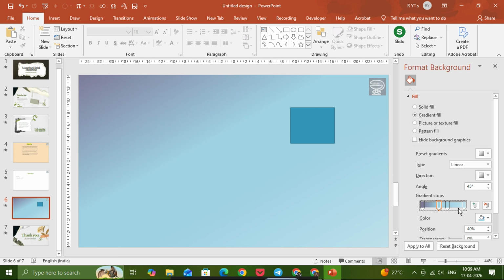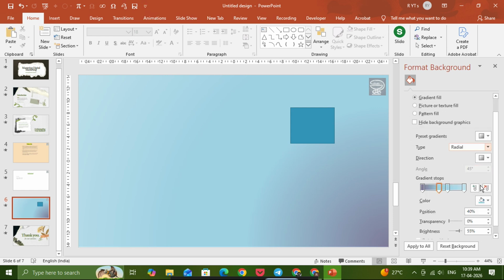You can also choose the direction of the gradient. For example, a linear gradient creates a smooth transition in one direction, while a radial gradient makes the color spread out from the center. This is where you can really experiment and see what fits your design best. You can keep it subtle for a clean corporate look, or choose brighter colors if you want something more creative